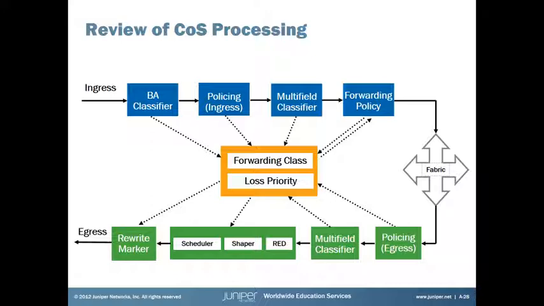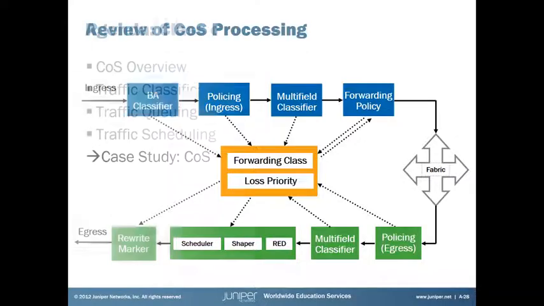We then get to apply that to queues. We then have our actual fabric of our network go ahead and process that traffic accordingly. We get to apply policing on the way out, multi-field classifiers also on the way out of our system, random early detection, shaping, scheduling, and we can rewrite that